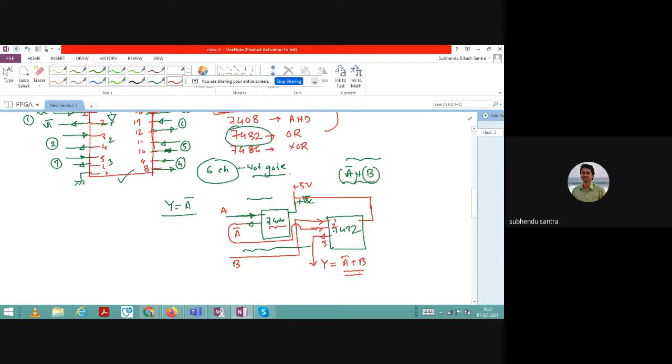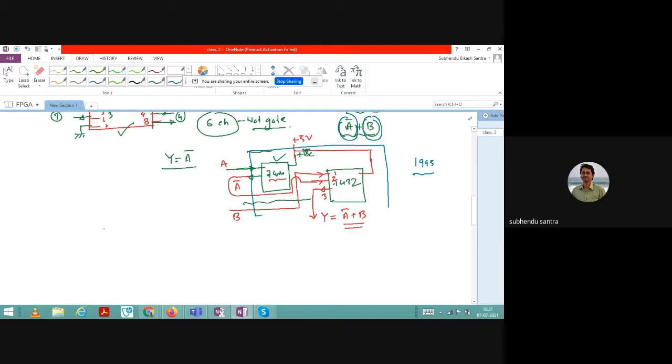So you understand when you design this kind of circuit in hardware, you see the complexity. If your function is simple, a bar, only one chip. If I increase it to a bar plus b, then the circuit becomes like this. Therefore, it was developed back in 1995, people thought: if I have a larger number of functions, basically Boolean functions, and from where will the Boolean function come, you already know that. Let us say I have a state machine. Let us say we have 3 inputs, A, B, C, or maybe 4 inputs.